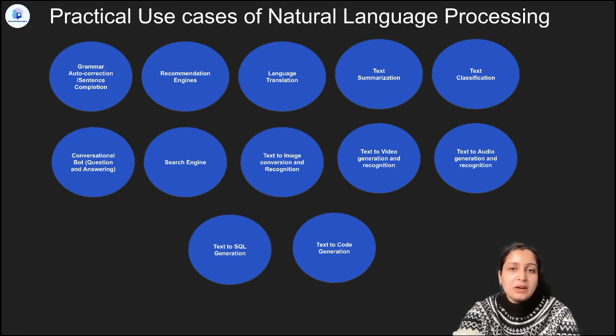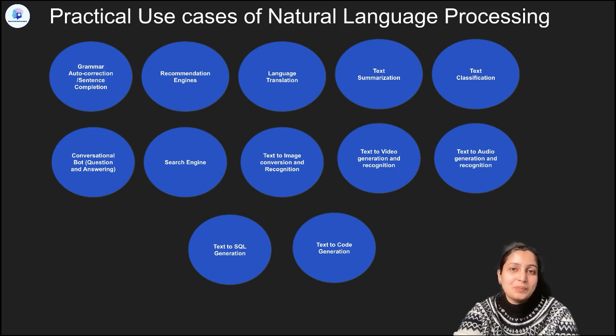Text to image conversion and recognition. Say suppose I type Snigdha Kakkad on Google and hit enter. It not only generates the top 10, top 20 results matching my name description, but it also finds all the images and all the videos matching my description, which might have those hashtags or which might be related in some way to an account which is named Snigdha Kakkad. So that is again an application of NLP wherein it recognizes the text, relates it to an image, or reproduces the results. So text to image conversion and recognition, text to video generation and recognition, and then finally text to audio